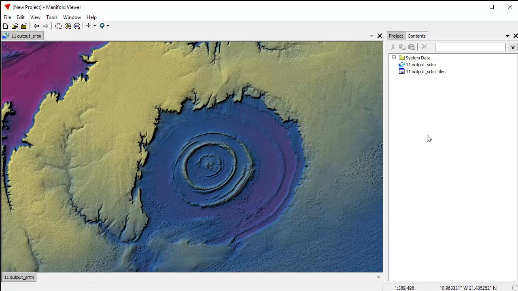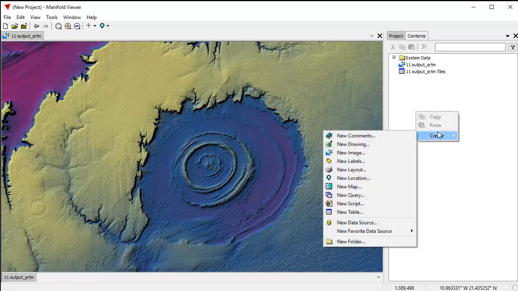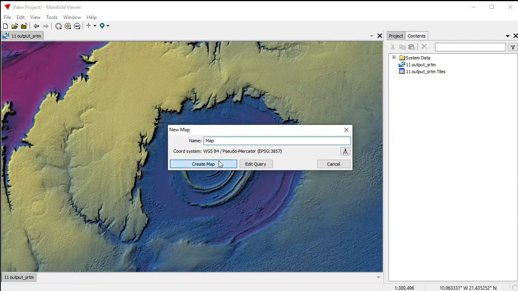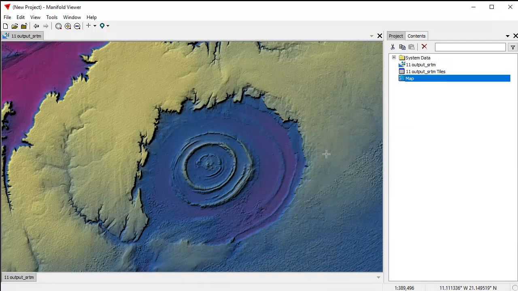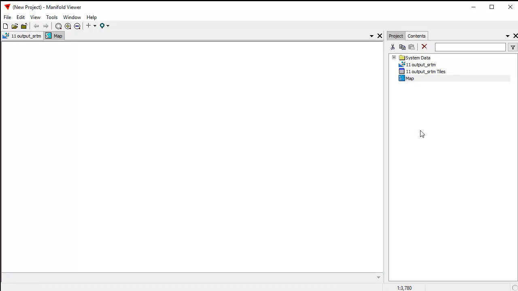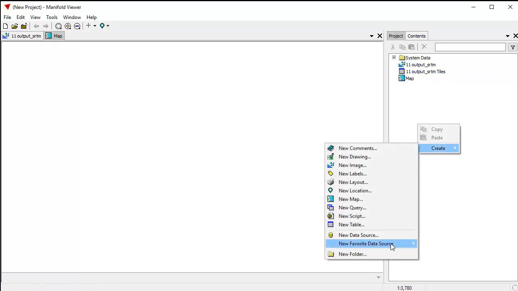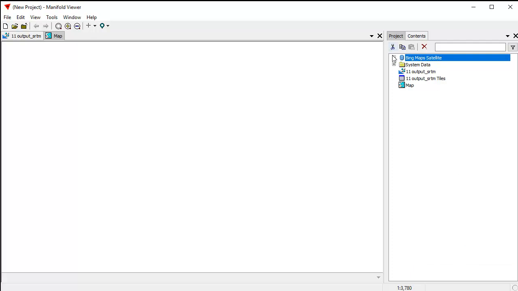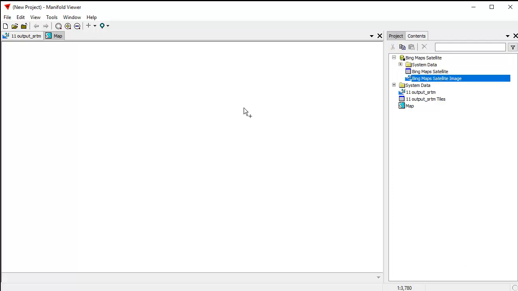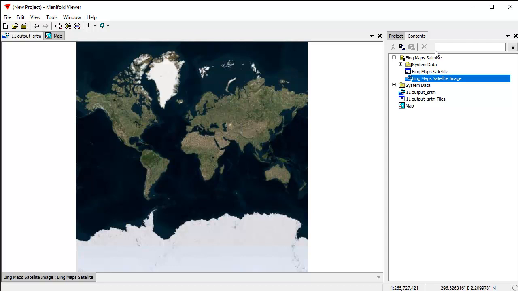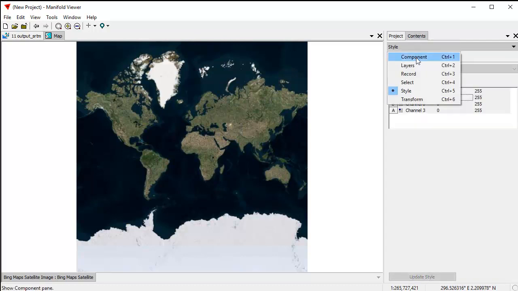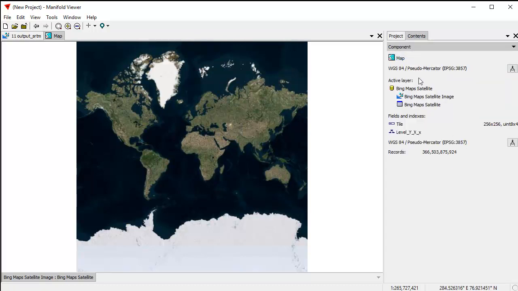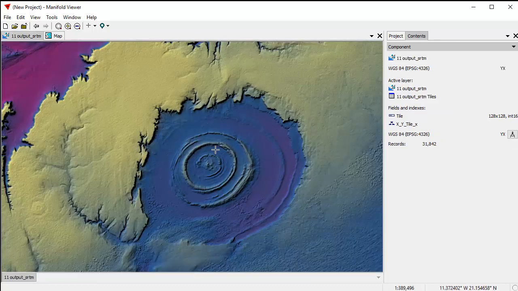Now, to play with this a little bit more, let's add a map. Let's create a map. And the map will be in default pseudo Mercator. I'll open the map, and let's create a web source. I'm going to use Bing Satellite, Map Satellite from my web source favorites. Drag and drop Bing Satellite into there. And if we look at the contents pane here, the component, we see that this is all in pseudo Mercator. If I click back here on the SRTM, we see that's in latitude and longitude, which is what EPSG 4326